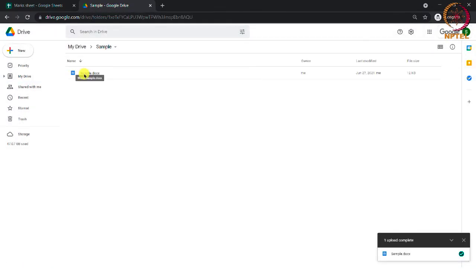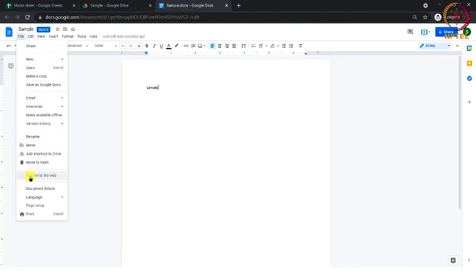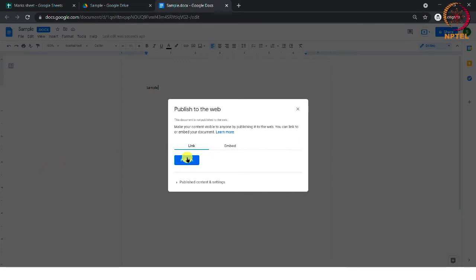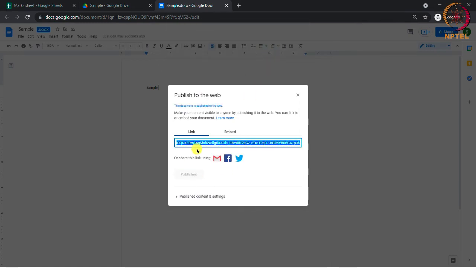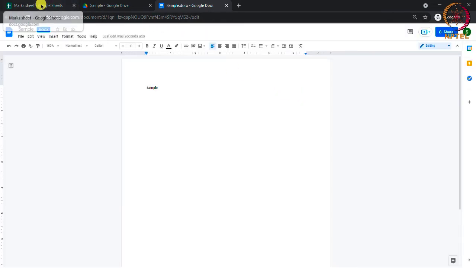For that, I am opening this document and selecting the Publish to Web option from the File menu. Now you have to click on the Publish option and select OK. Now you will get the published link of your document. You can copy this and go to your email body to add this as an attachment.